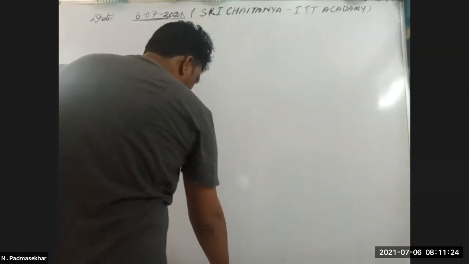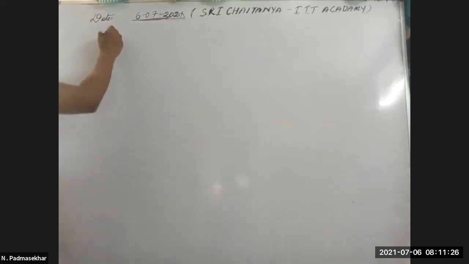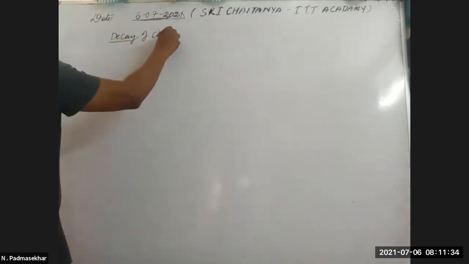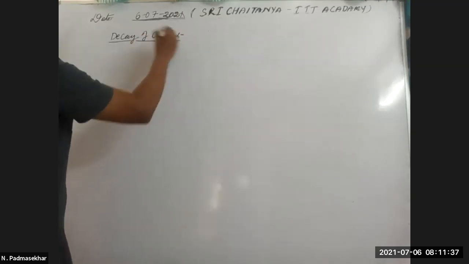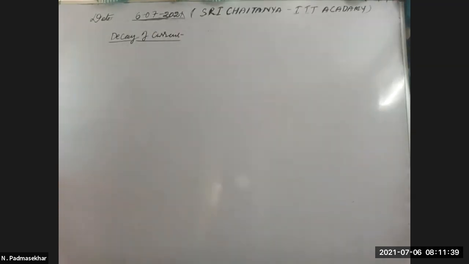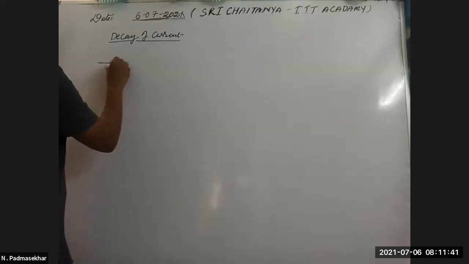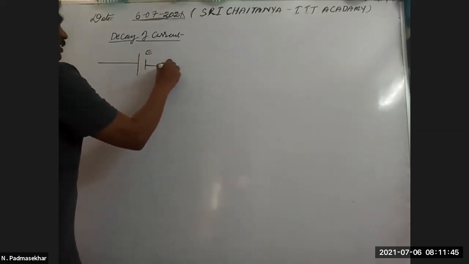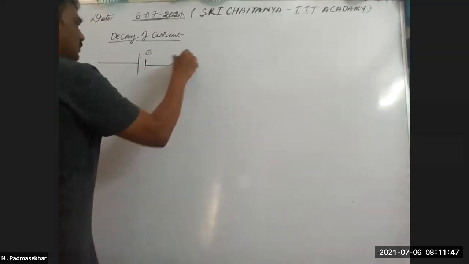See, so next, decay. Decay of current. See, for the decay of current, first I consider that battery. This is the battery of EMF V, and there is a switch S1,